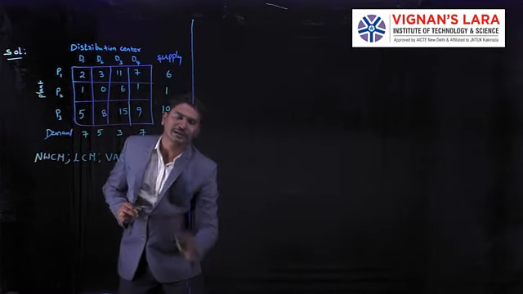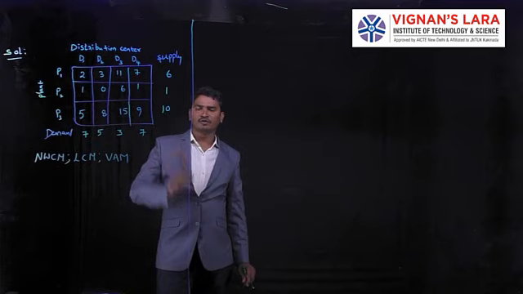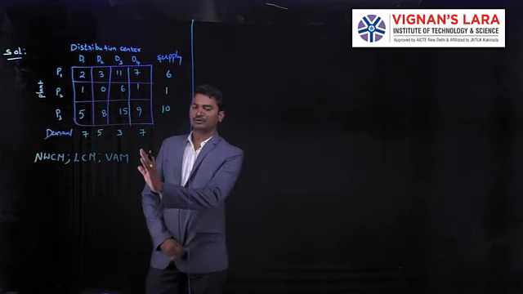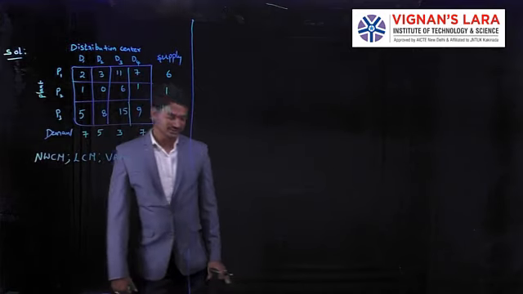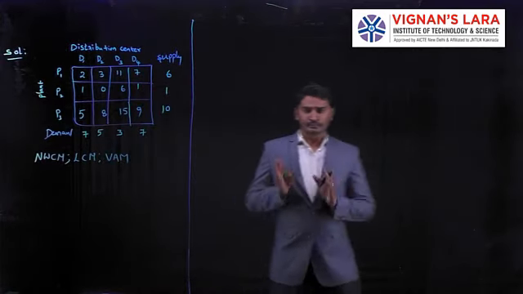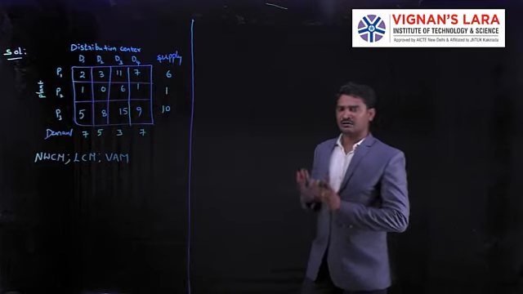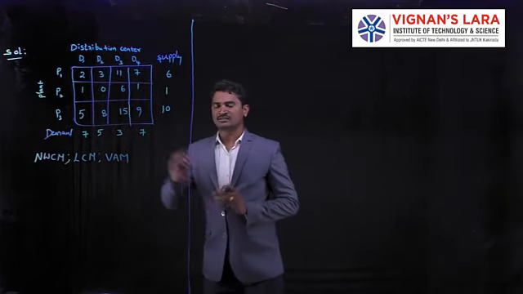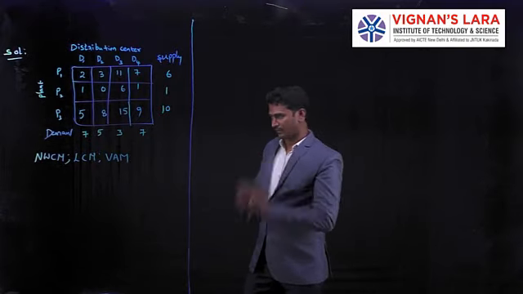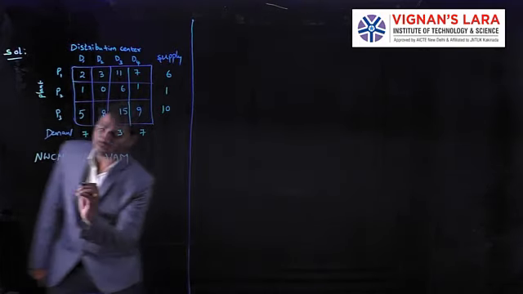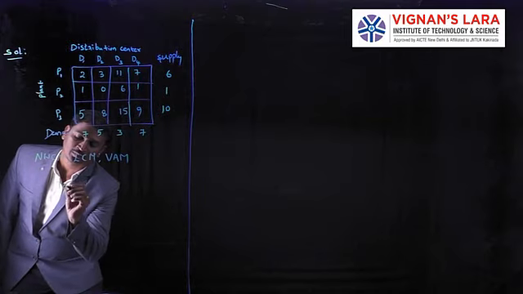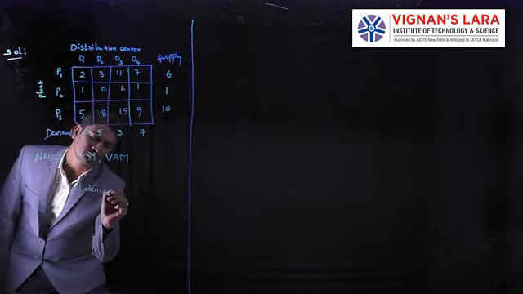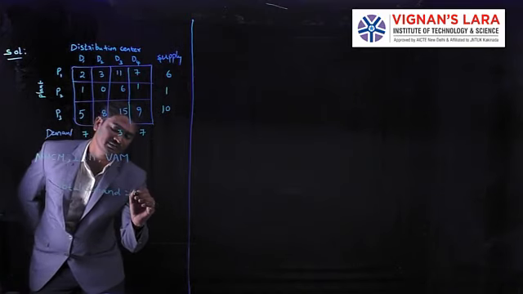Now we are going to calculate each method. Before we calculate the problem, we first have to find the initial basic feasible solution. First we have to check whether the problem is in balanced condition or not, whether it is a balanced transportation problem or not. This is also called the rim condition. We have to check the rim condition. How do we check the rim condition? Total demand is equal to total supply.